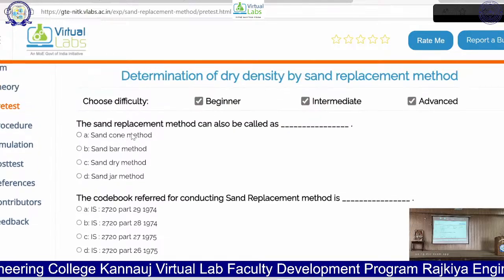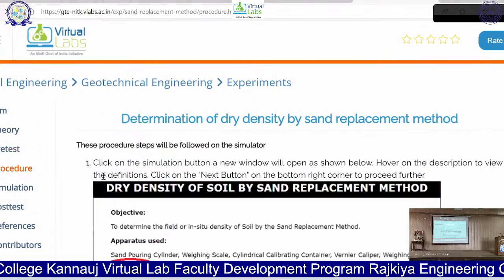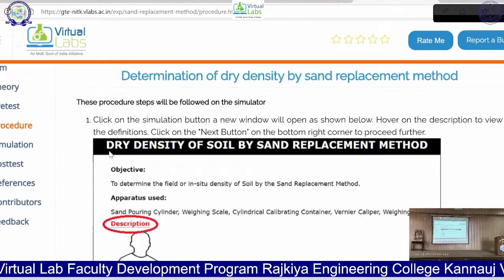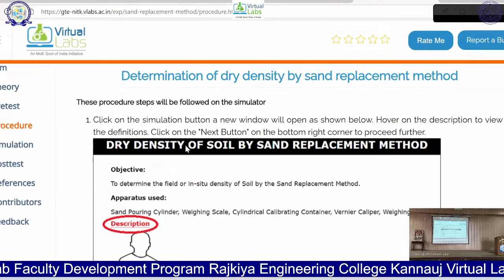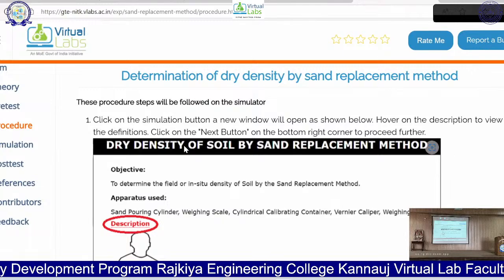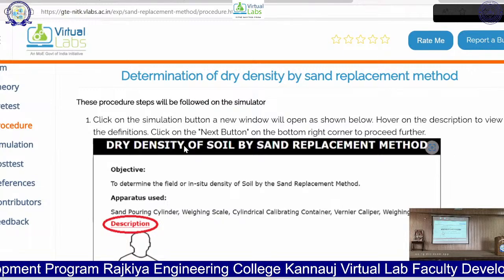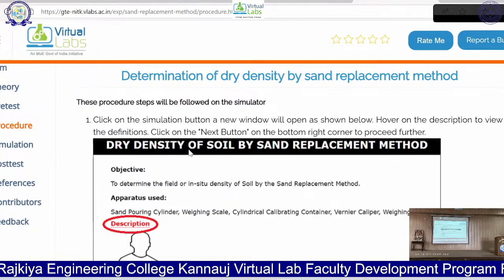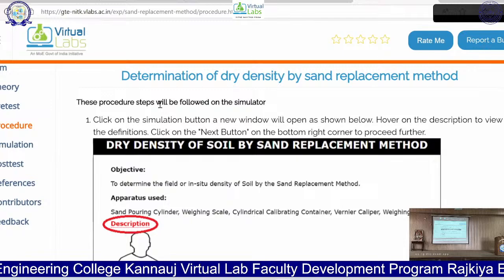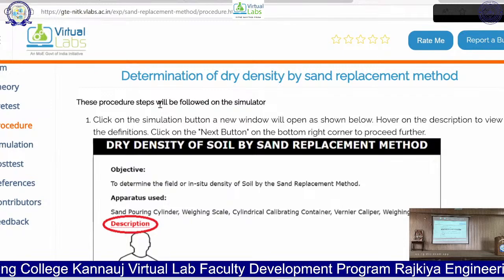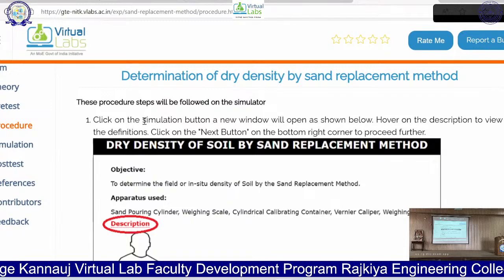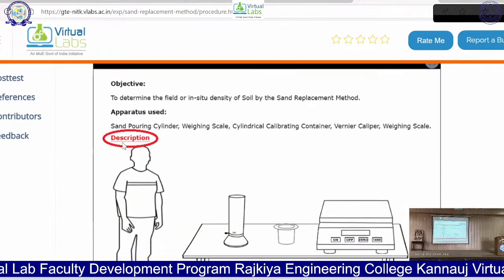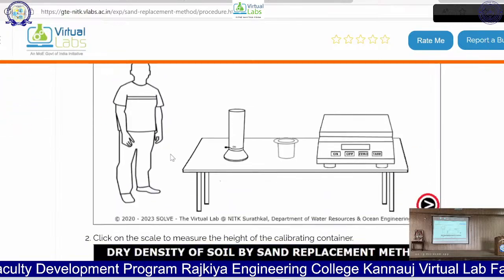So after going through this pre-test, there is a procedure. This will help you to perform the experiment through the simulation. First of all, you have to study all the procedures that you are going to follow while performing the simulation. And you can also see here that